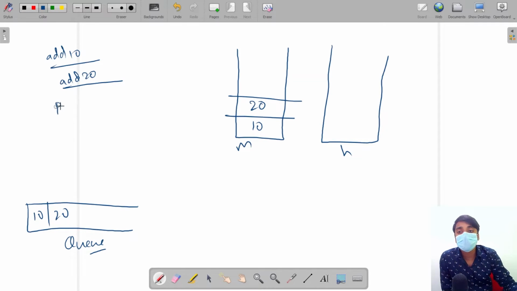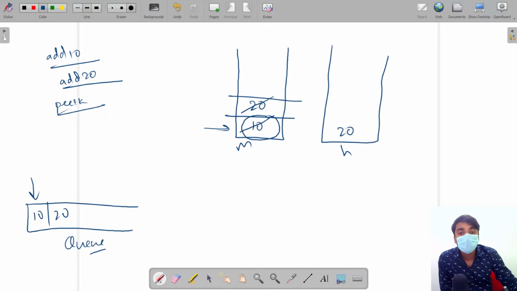Now, if we ask for the peek value of the queue, here the peek value is 10, but in the main stack, the 10 is present at the bottom of the main stack. So if we want this element, we have to remove all the elements and save them to the helper till we get the last element.